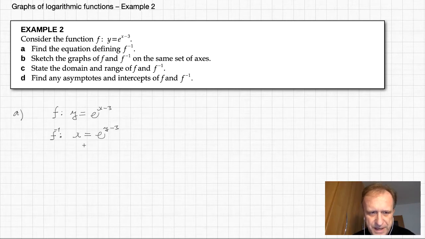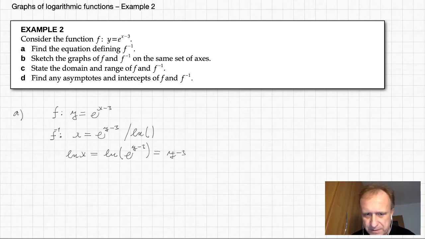To do that, I can take the natural logarithm of both sides of this equation. On the left-hand side, I get logarithm of x, and on the right-hand side, I get logarithm of e to the power of y minus 3, which is nothing else than y minus 3 times logarithm of the base e. Since this is 1, because the natural logarithm of the base is 1, we end up with the equation